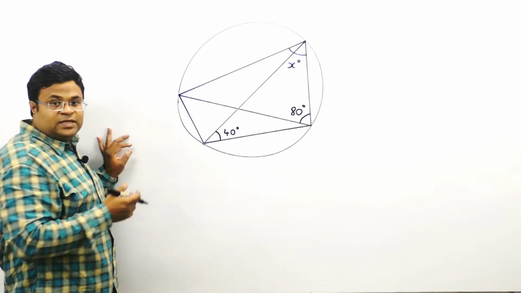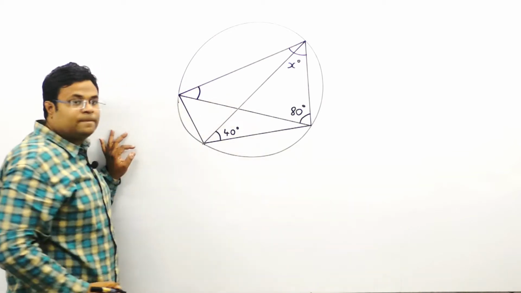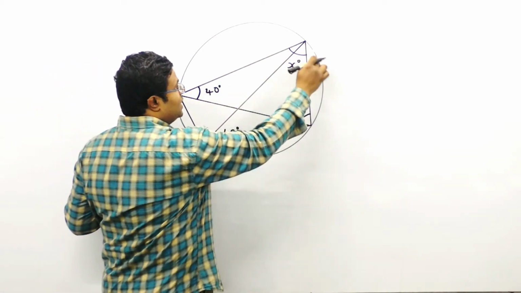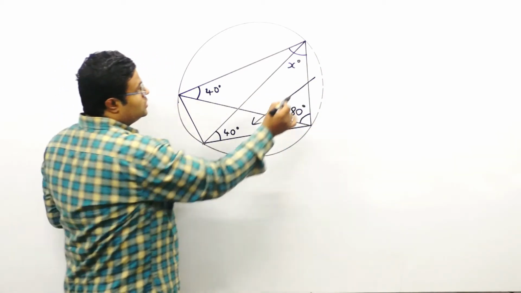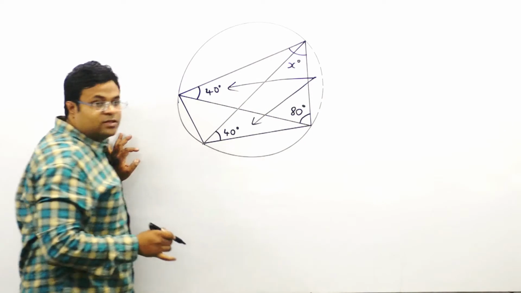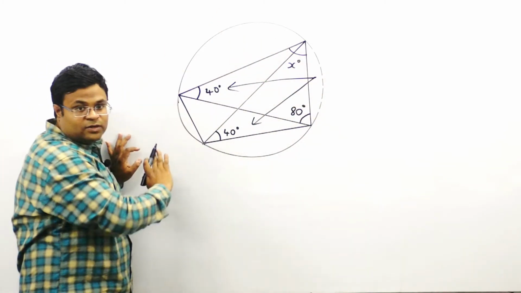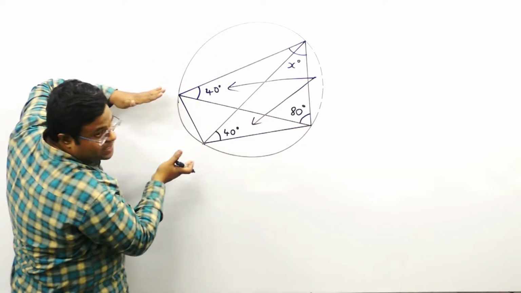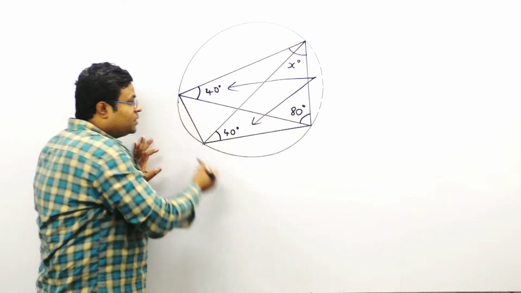This one is also a very easy question, right? This is 40 degrees, so what will be this angle? 40 degree. Just have a look at it. Because this is the arc and this subtends 40 degree here, it will definitely subtend 40 degree on this side. So don't always look for the segment on the upper part of the circle. The same segments can be any side. It can be at the bottom part of the circle.